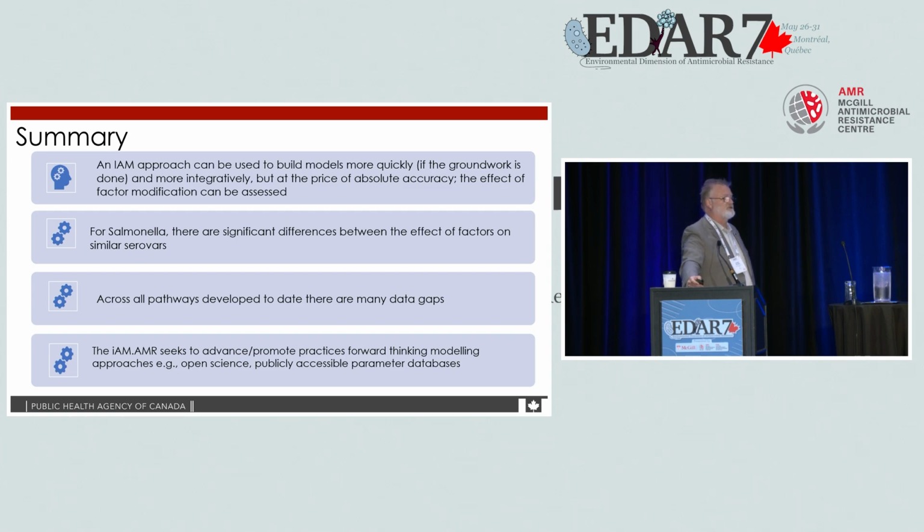I think one of the universal findings, which isn't going to be a surprise to anybody, is that there actually isn't enough data about the specific things that we're looking for. So almost invariably, one of the key findings is we couldn't fill this part of the node, or we couldn't find a risk factor for this node in the propagation because there's no study that actually shows it, either because it's not been done or because it wasn't reported in a way that we could actually extract the data.